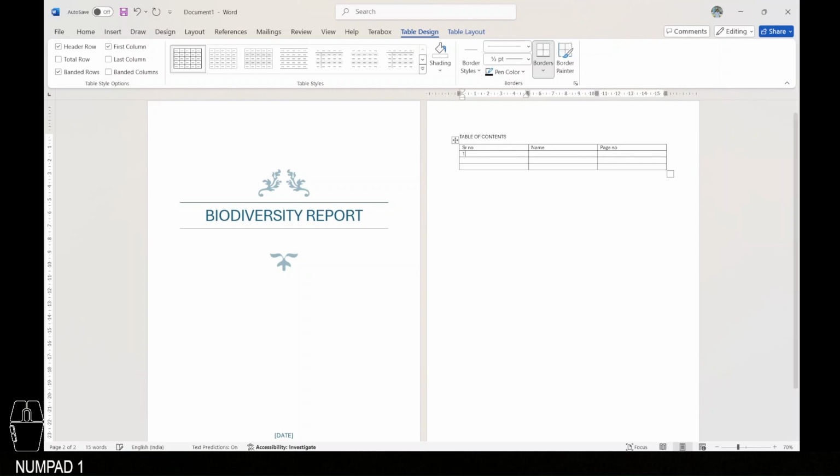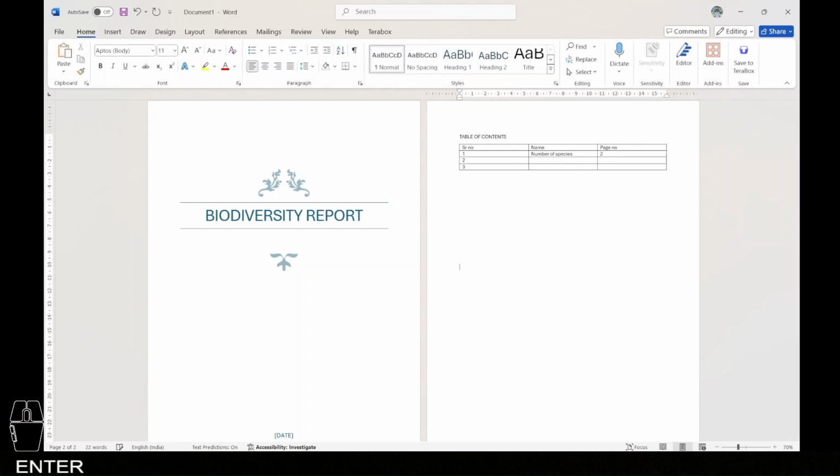So serial number 1, 2 and 3. The first thing after table of content could be number of species. Let's just start with these things and then move to the next page